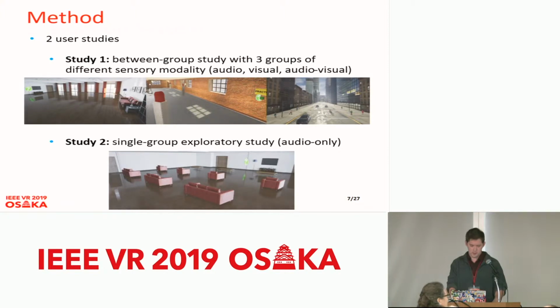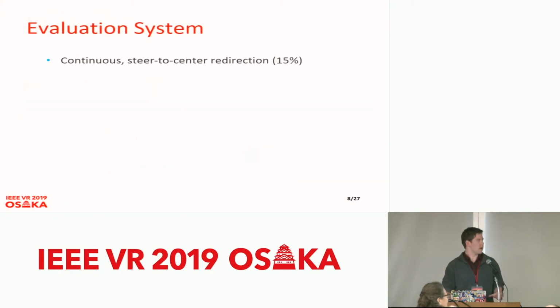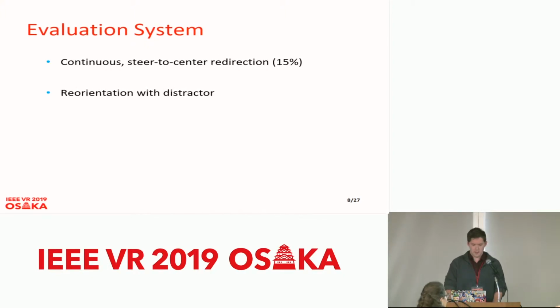So to quickly go over the evaluation system, we have this steer-to-sensor redirection that is constantly enabled. We use a rotational distortion of 15% of head rotation, which is a little bit under the finding of 20% because we didn't know how the 20% would fare with distractors. We didn't want to be overly ambitious. And we also achieve reorientation with a